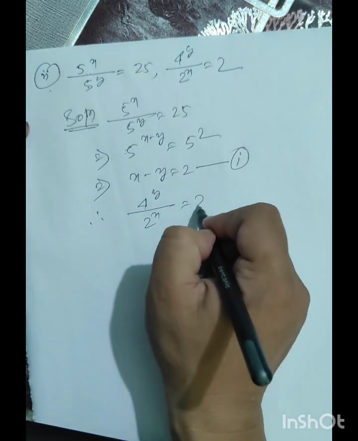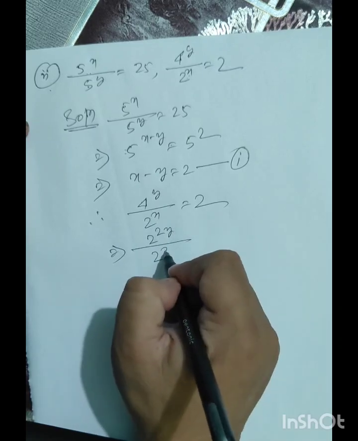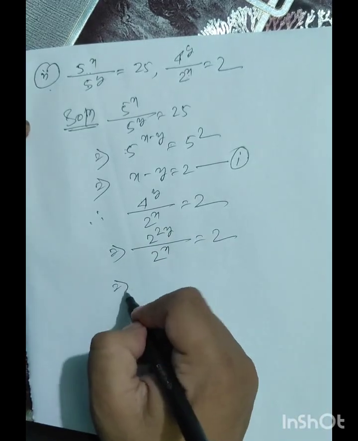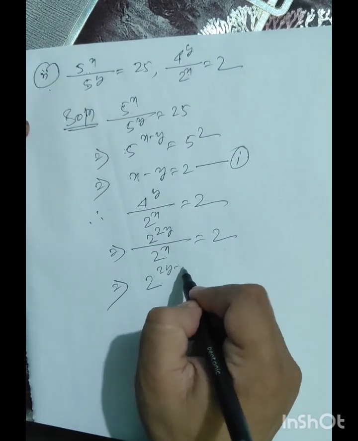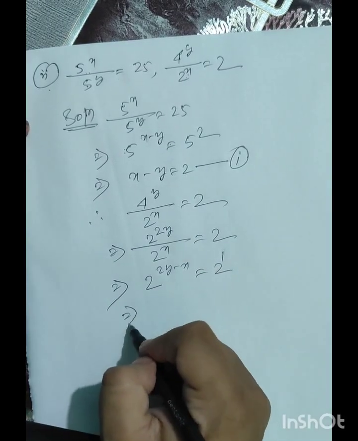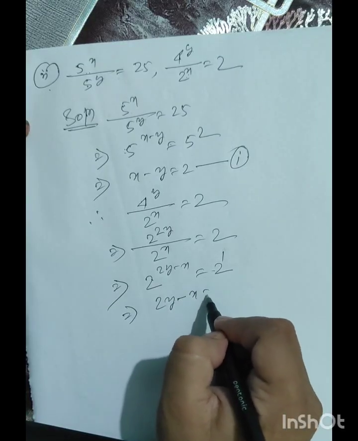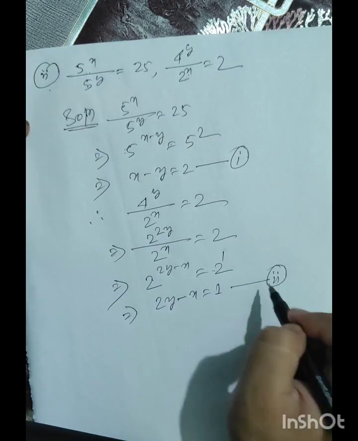এগেইন আমাক দিয়া আছে 4 to the power y by 2 to the power x equal to 2। চাৰিখনে লিখিম 2 square, 2 to the power 2y by 2 to the power x equal to 2। ইয়াত লিখিম 2 to the power 2y minus x equal to 2 to the power 1। এতিয়া বেস সেম আছে, পাৱাৰ আমি সমান কৰি দিম, 2y minus x equal to 1। এইটো নাম্বাৰ 2 ইকুৱেশ্যন।